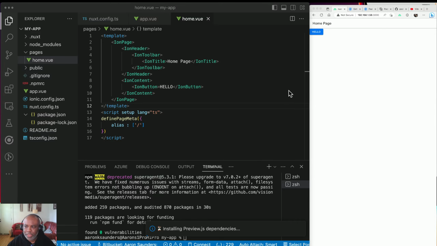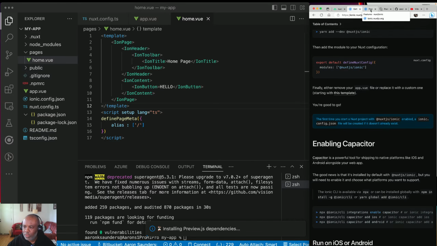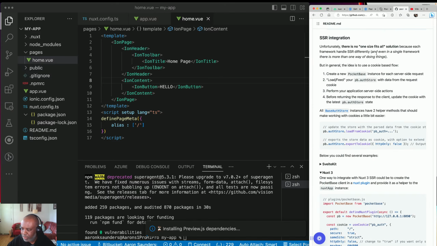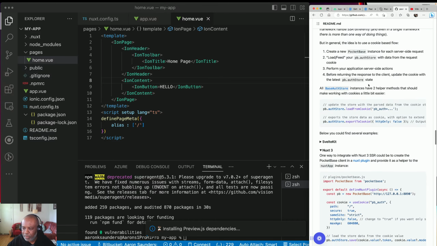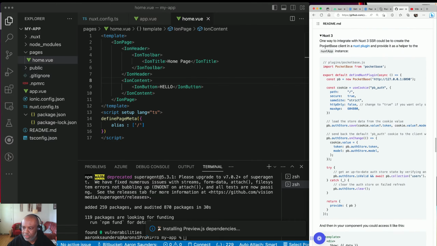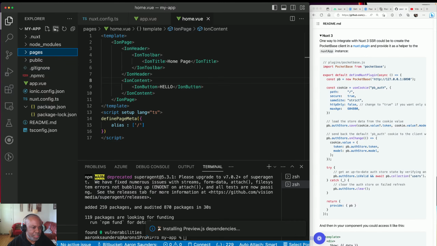All right, so I said I wanted to show Nuxt, I said I wanted to show Ionic, and I said I wanted to show PocketBase. So next is PocketBase. I Googled around to figure out how to do this, and luckily inside of the PocketBase documentation, they explain how to integrate Nuxt 3 right here. They say one way to integrate it is by creating a plugin. And luckily, creating a plugin in Nuxt is pretty straightforward. You create your plugin directory,